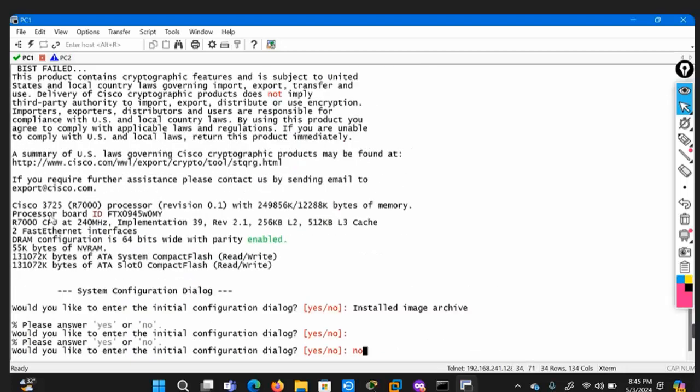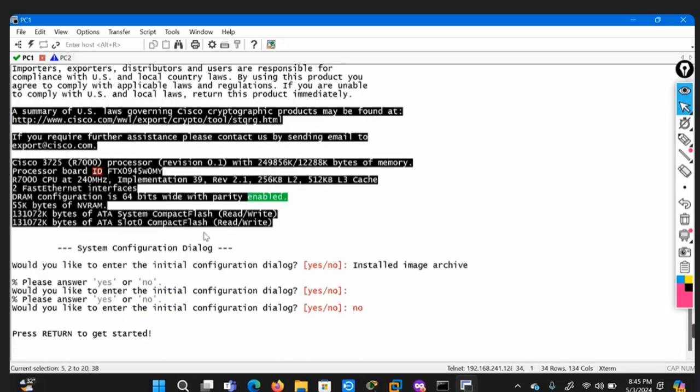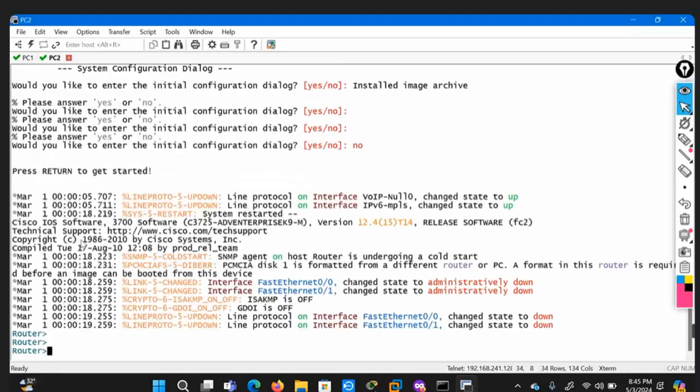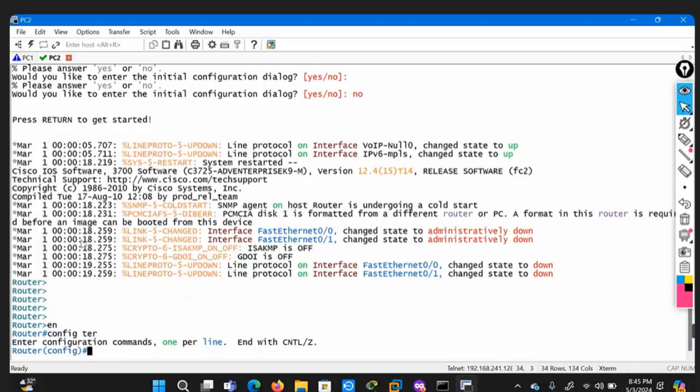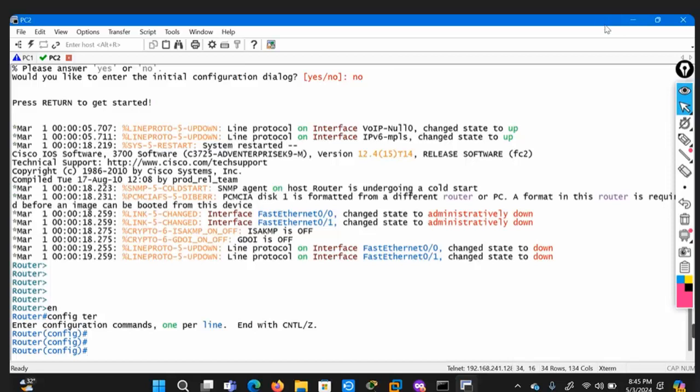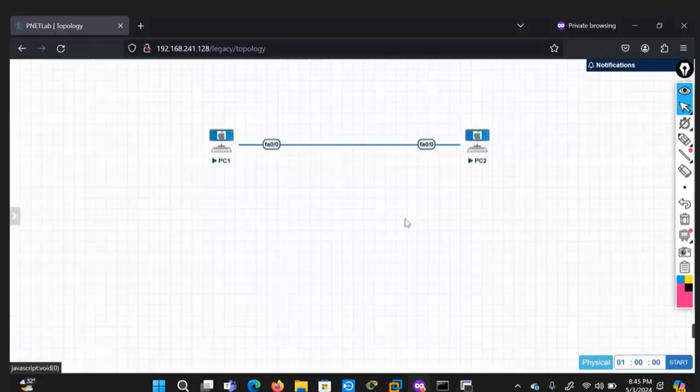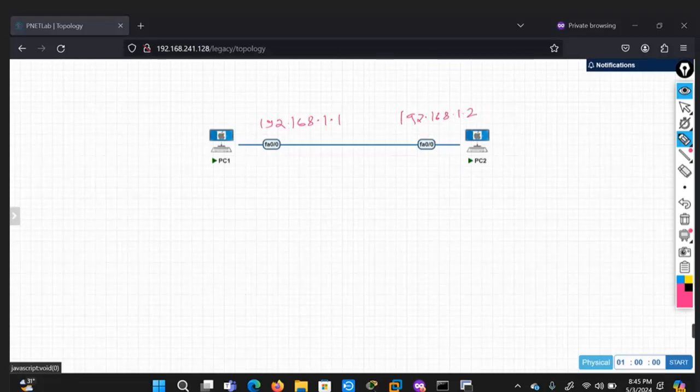So I am using a router as a PC. So this is the Cisco information showing me by default. So let me configure the IP address, right? First of all, to demonstrate, I have already configured the IP address in Cisco Packet Tracer. It's the same, I am going to configure the IP address over here. So to configure the IP address over here, I am using 192.168.1.1 and 192.168.1.2. So these are the respective IP addresses that I am assigning to these PCs.